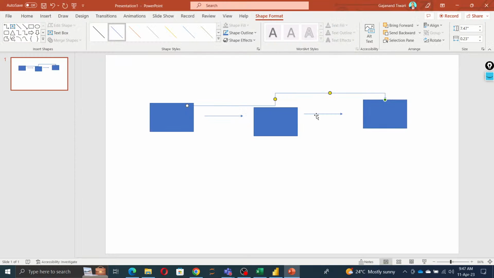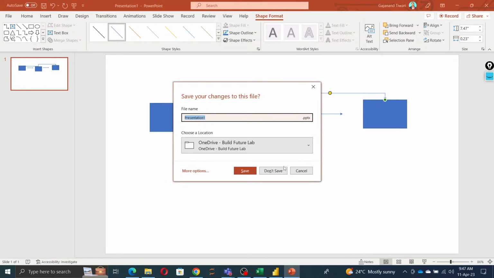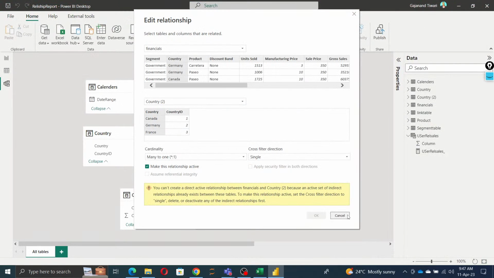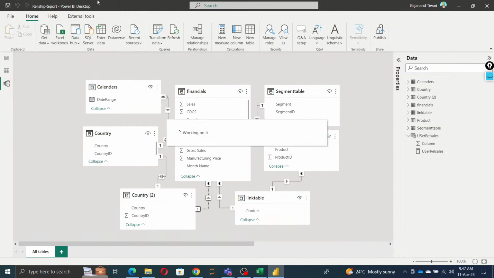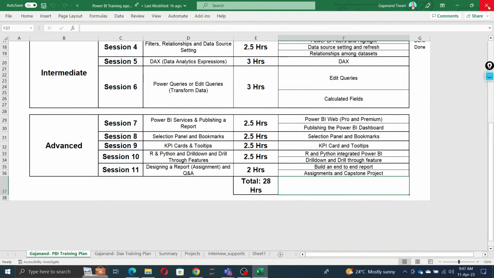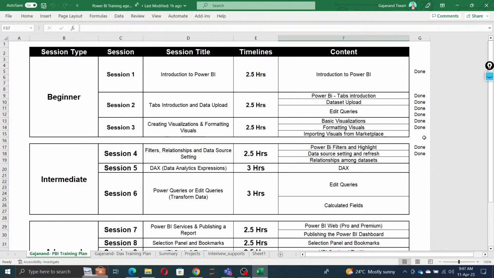Okay, so this way you can understand the concept of Power BI. I think I covered most of the situations. So you can try to build it on your own so that you can have an idea about it. Now this one has been done. Today I'm going to cover the basic DAX like aggregate functions only. So we are moving to